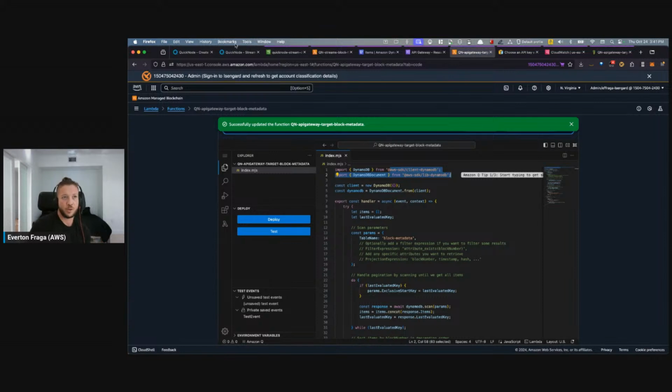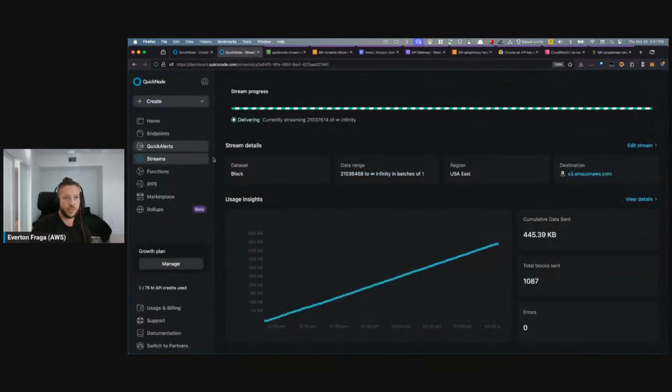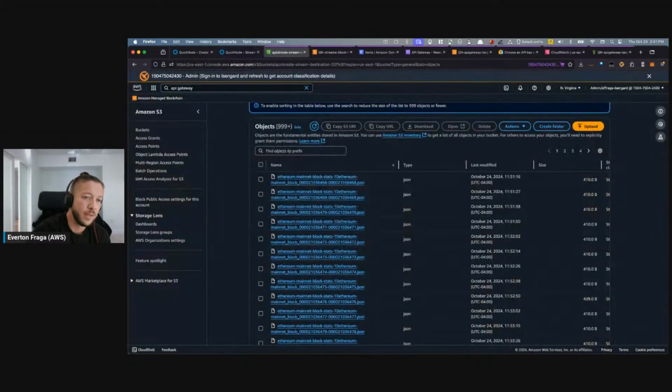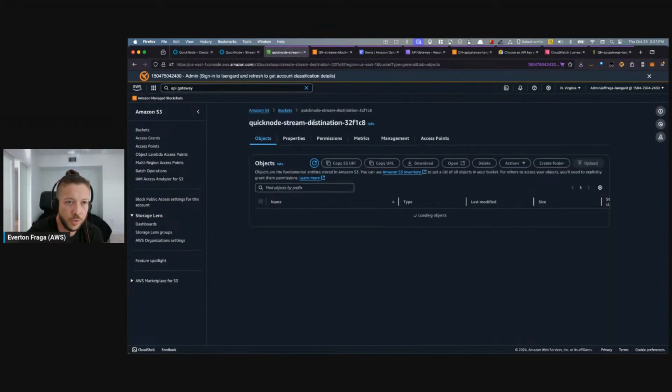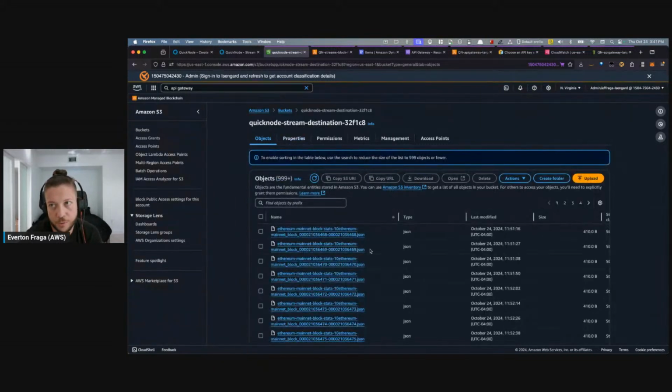I put the tabs in order in a sequence, so then we can all follow along on what's happening here. We have first the QuickNode Streams generating data, reading data directly from the Ethereum mainnet blockchain. It saves data in real time to this S3 bucket, which is an object storage service.